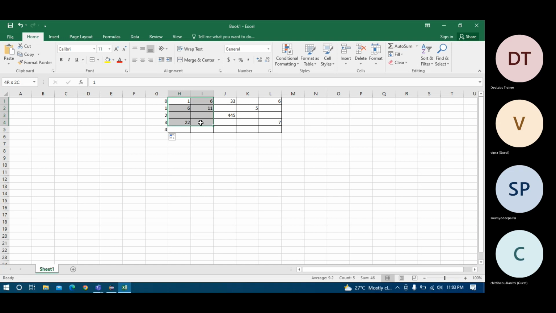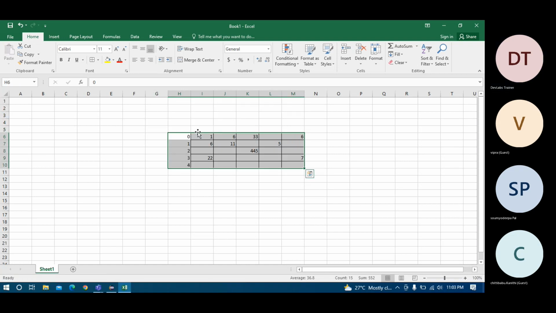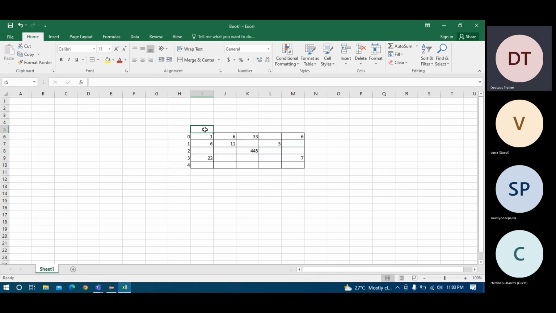Okay, now let me drag it so that you will understand in a better way. This is the row and this is the column. So the columns are 0, 1, 2, 3, 4.